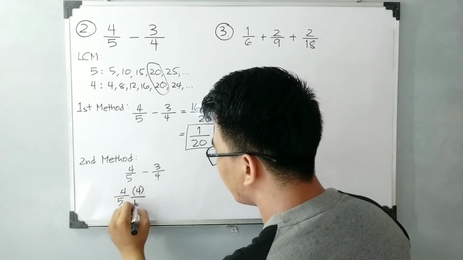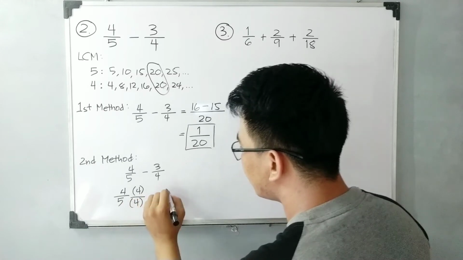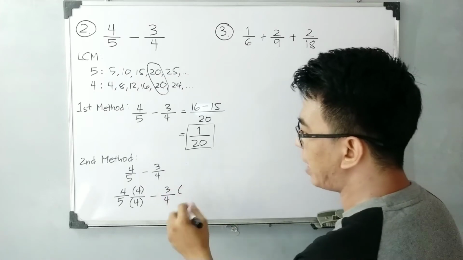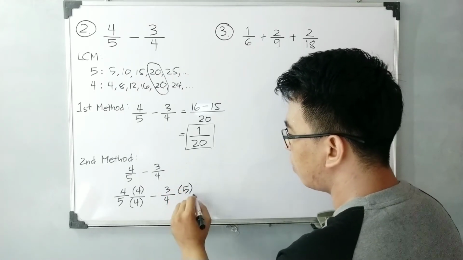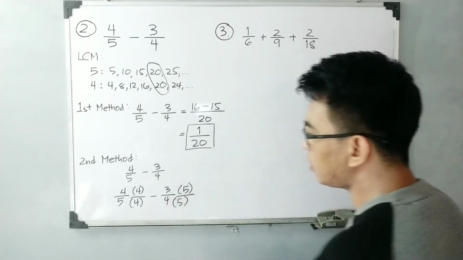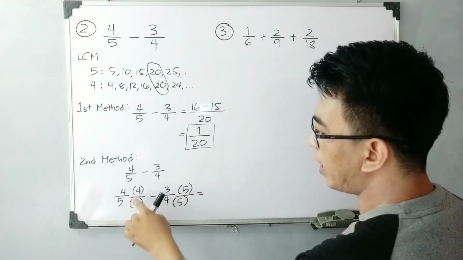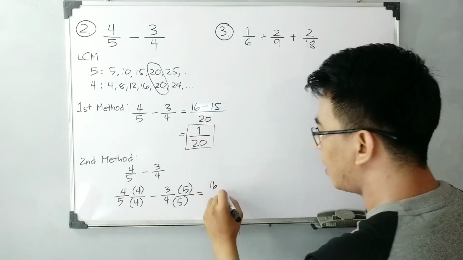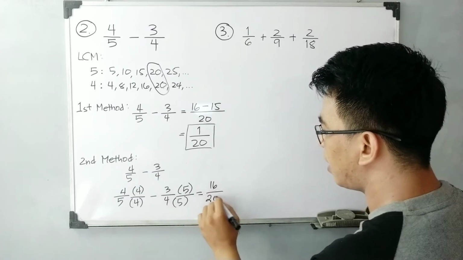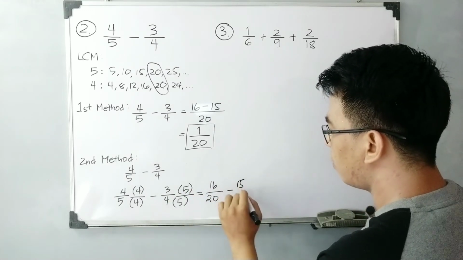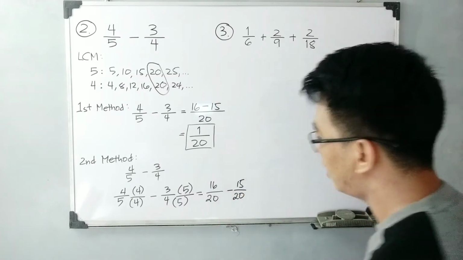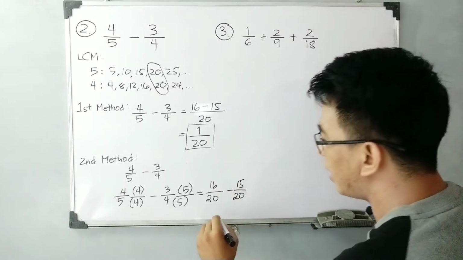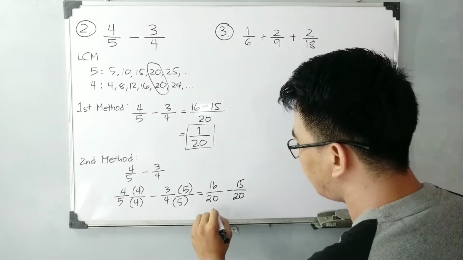4 over 4 minus 3 over 4 times, dito, kailangan natin mag-multiply ng 5 over 5. And continuing the process, ito ngayon ay magiging 4 times 4 is 16, which is, kung mapansin nyo, pareha sila, over 5 times 4, which is 20, minus, ito naman magiging 15 over 20. So, same process, kung mapansin mo, 16 minus 15, and that will give us the answer of